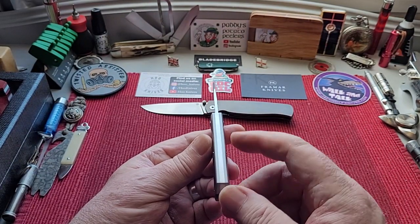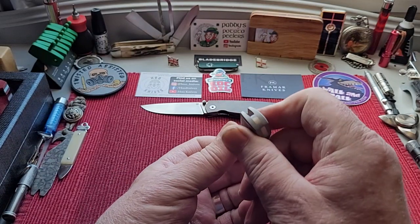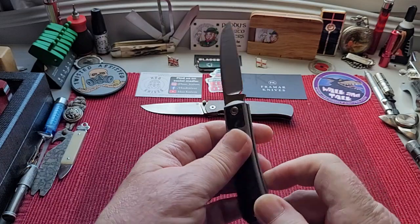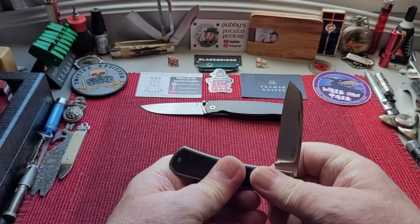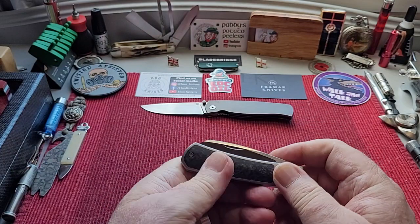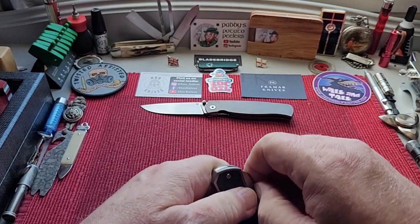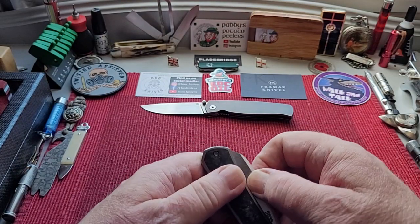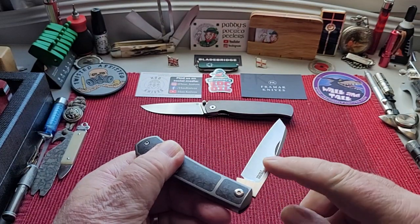Much like Ben's knives, this one is immaculate. Beautiful termination, beautifully done on the inside. No blade wrap whatsoever, but a good strong closure. Nail nick, absolutely pretty. You don't need it, to be honest with you. There's a little swedge here, and then it goes into